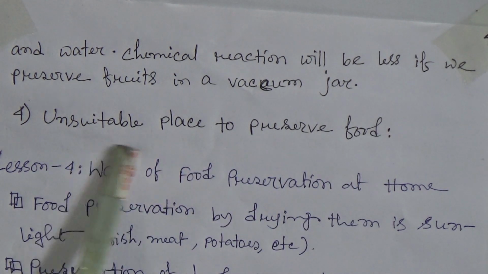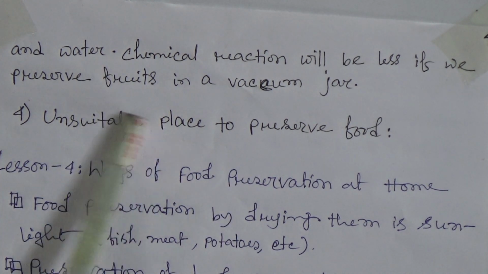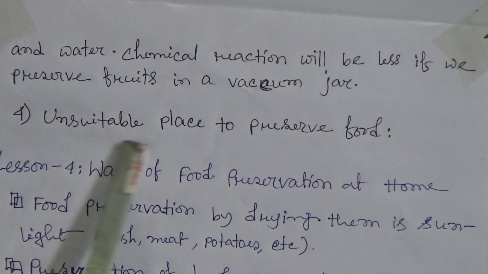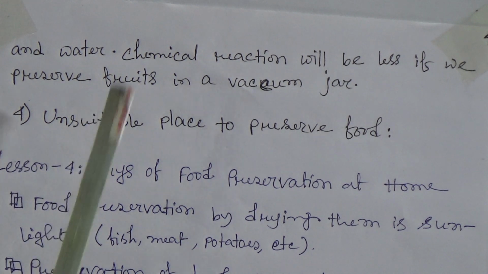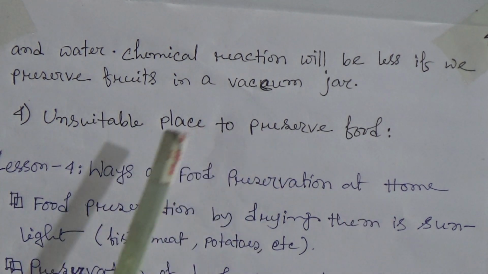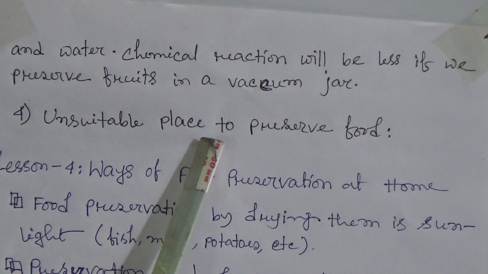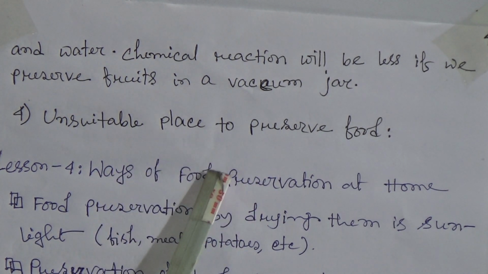they can quickly be perished. But if we place these fruits and vegetables in an open place for a long time, then these fruits and vegetables can be spoiled. So we have to preserve the foods that we want to preserve in a place that is suitable for those types of fruits, vegetables, foods, crops, etc.